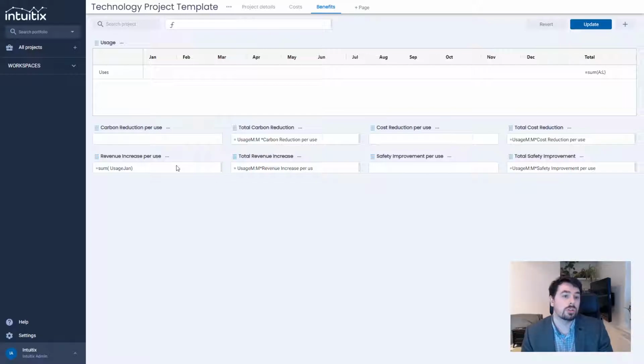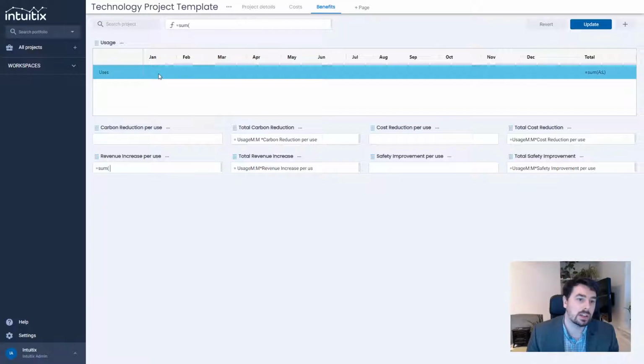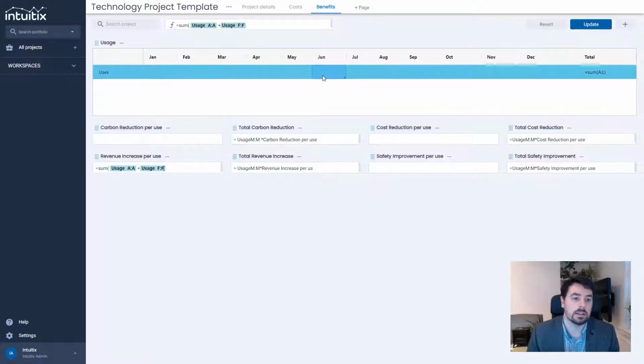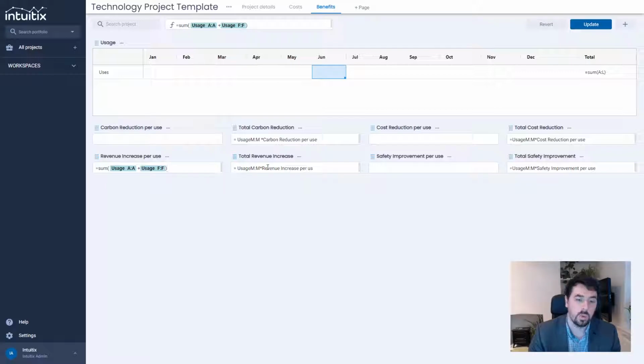However, you might not want to do everything in a column. You might want a specific cell. So I might want to select specifically just this cell. So you would just use the selection method, and it will reference the cell for you. So that's how you reference a specific cell for it to calculate or to return something. So I might want that particular cell and this particular cell added together, and only those two. But say I want to add up everything on this row,